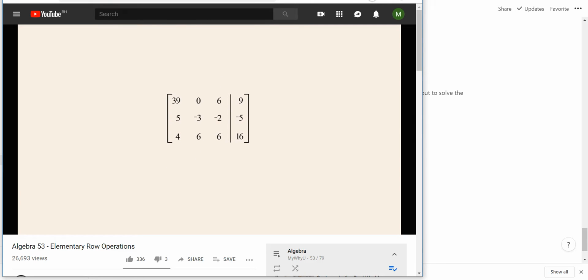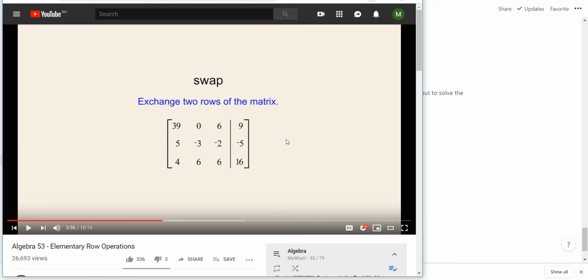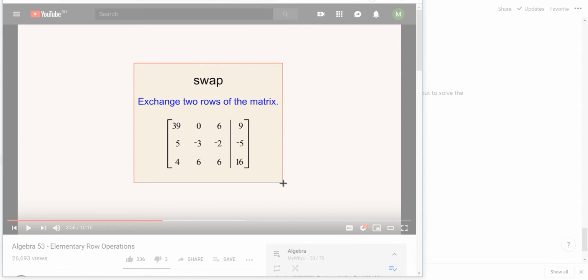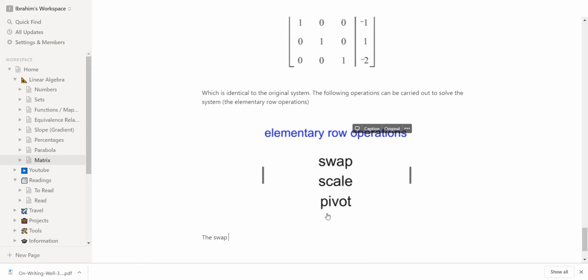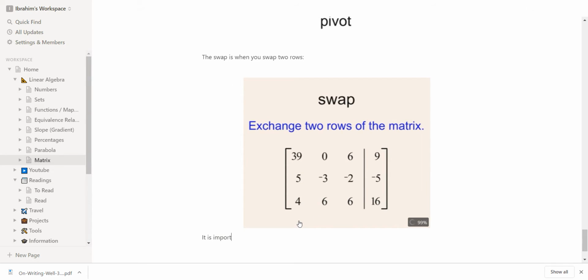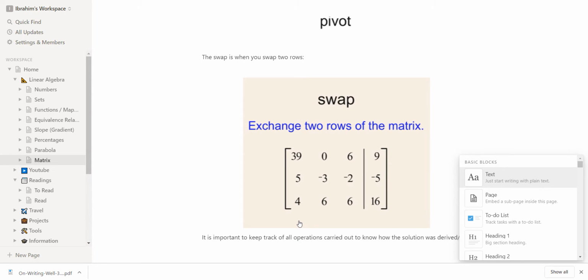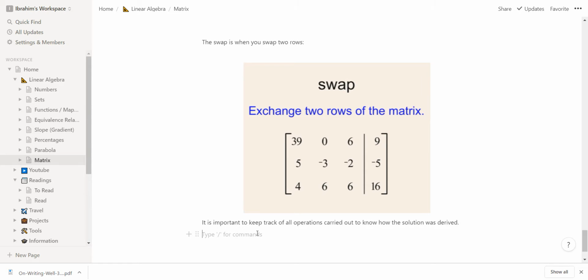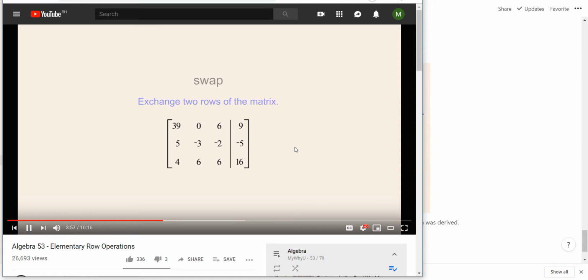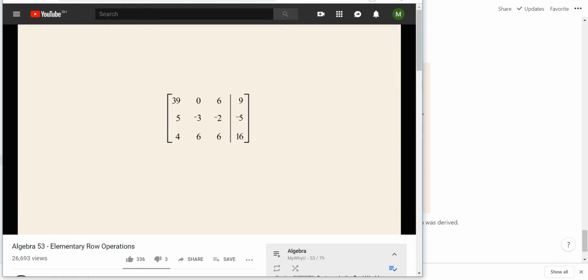To notate that we have used the swap operation to swap row 1 and row 2, we write R subscript